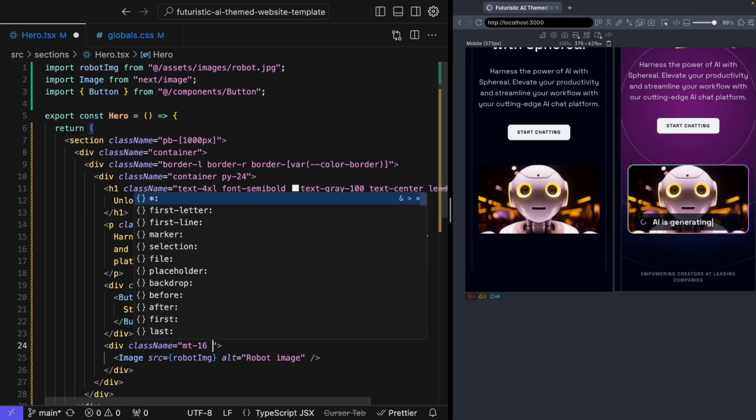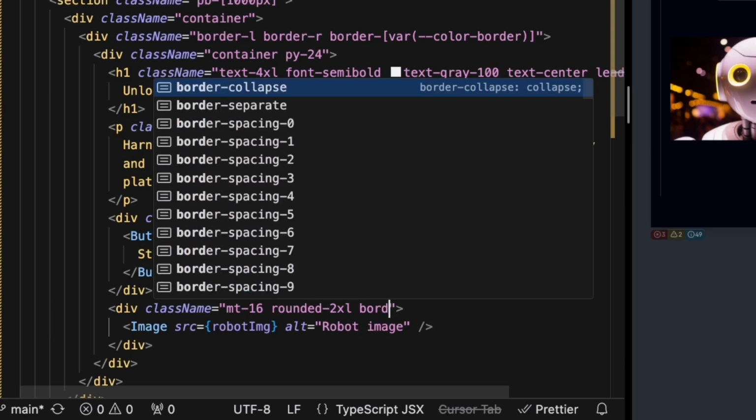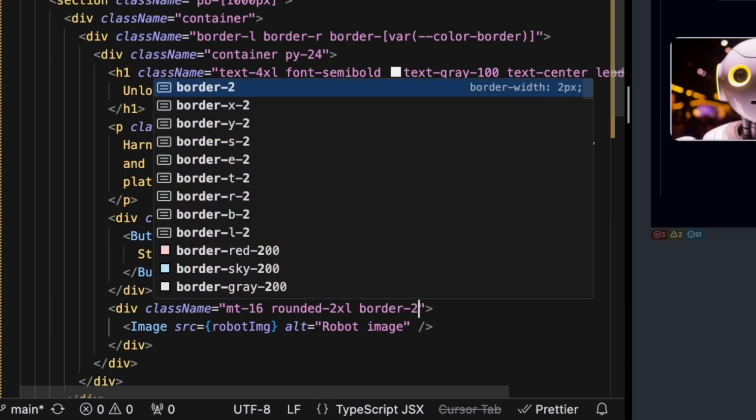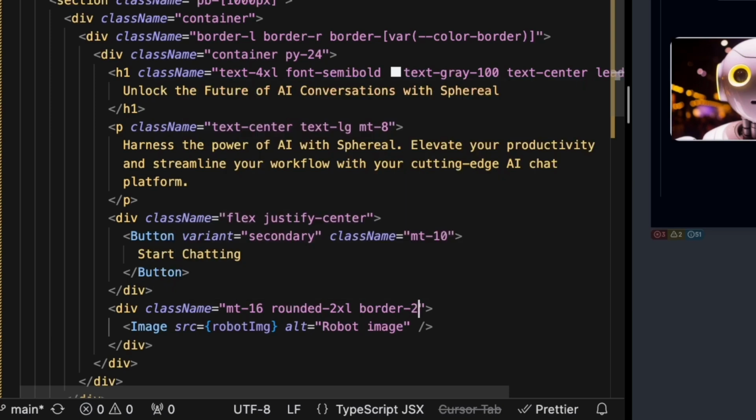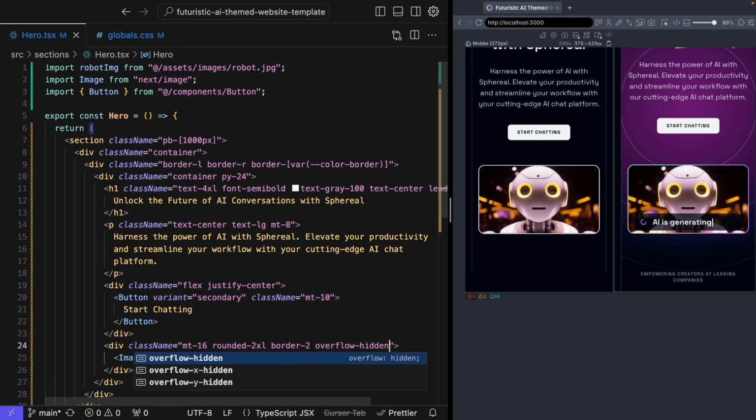So let me go ahead and give this a value of a rounded 2XL. That should give that the right border radius that we need for our image. And we also know that we need to have this border gradient. So let me give this a border 2, and that should allow us to have the border around our image. And then we're going to make sure that we don't overflow our image. We'll just say overflow hidden here, and that should make sure that our image is constrained to the border that